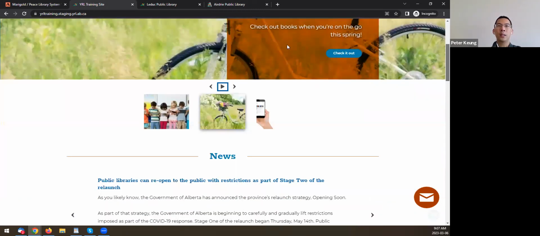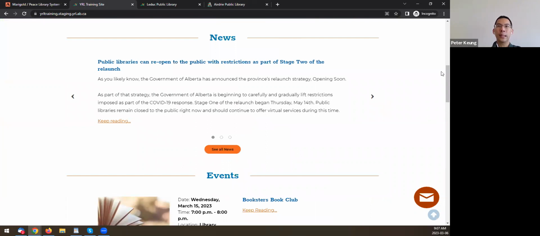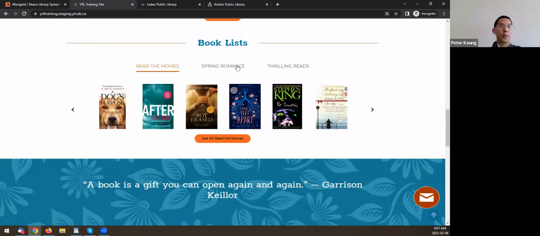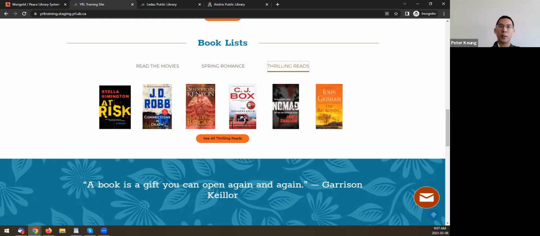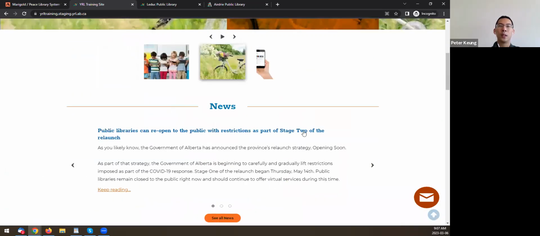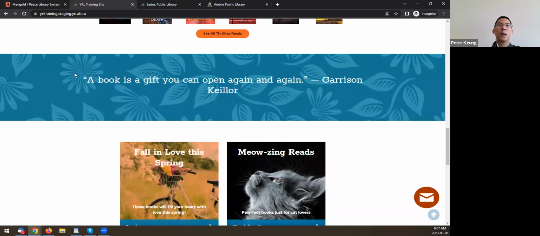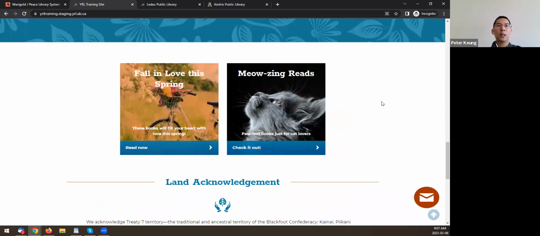Then you can have upcoming news, upcoming events. You can feature book lists. You can either have a single list or multiple lists here, and then you can tab them. You can also make this block appear multiple times, so it doesn't all have to be in this one block. It could be one here, one above news. This is a fun fact, we call it, but basically you can put any text you want, and then you can put a background. These are featured cards, just another way, other than the carousel, to promote various parts of your site or